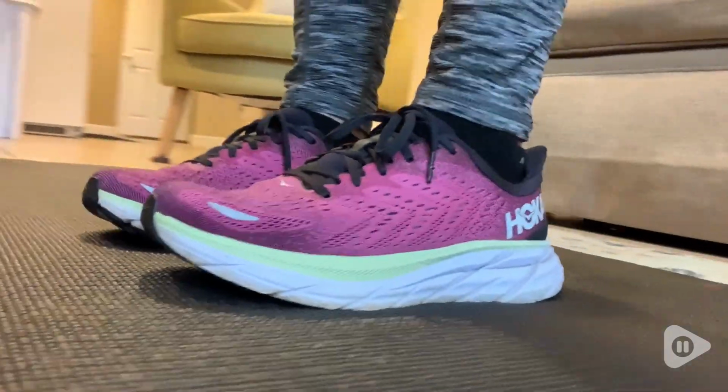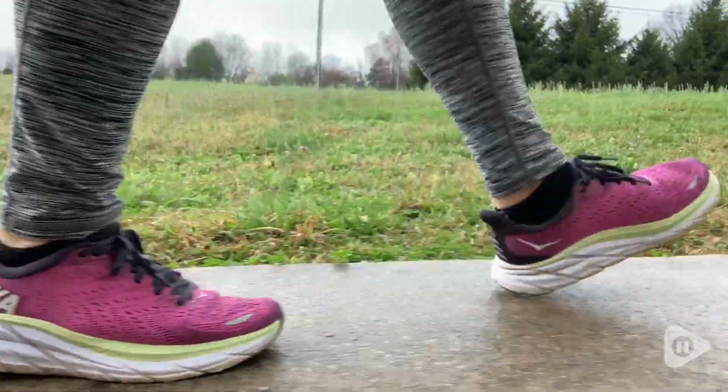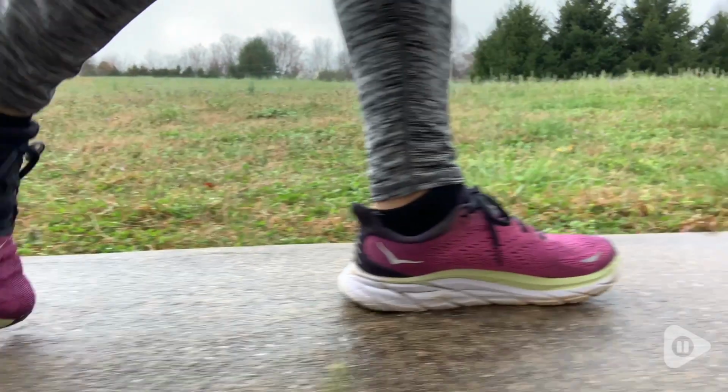I just finished working out with my Hoka Clifton 8 shoes. I love how comfortable these shoes are because I have used them to jog or run. I've also used them when I'm walking, and it really gives me the support that I need, especially in the arches. I've had these shoes probably for about 6 months now, using them nonstop, and the tread has really held